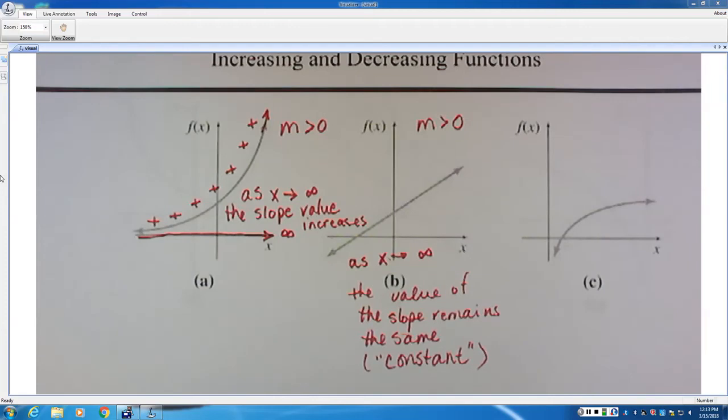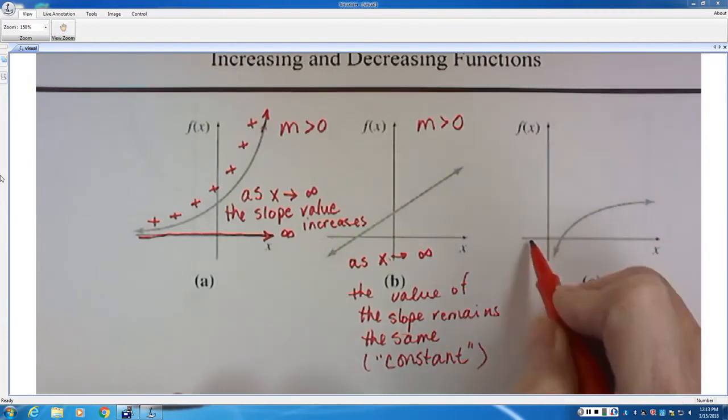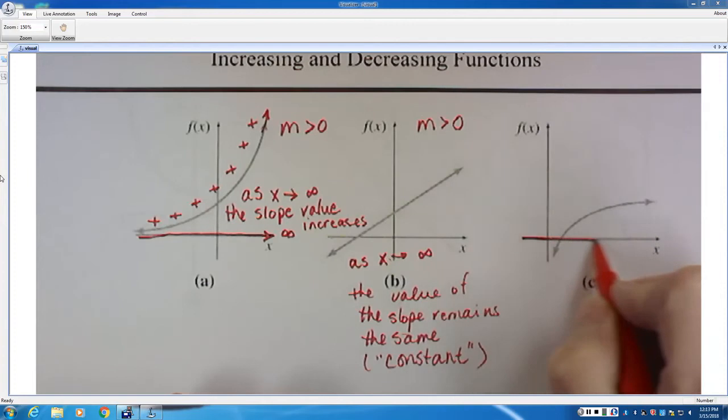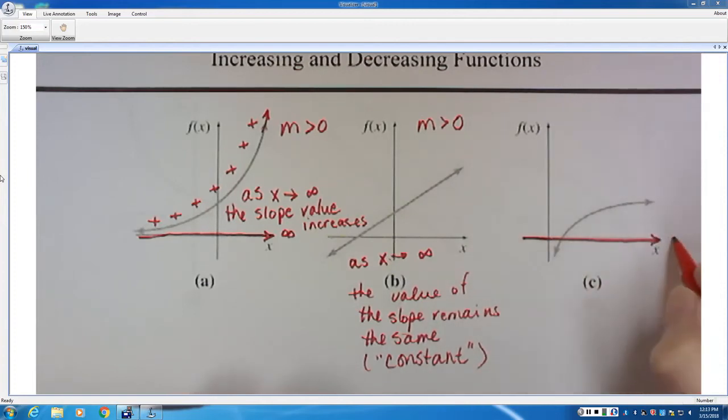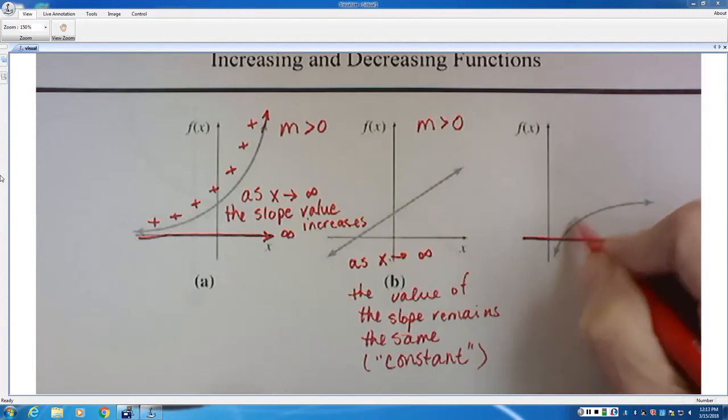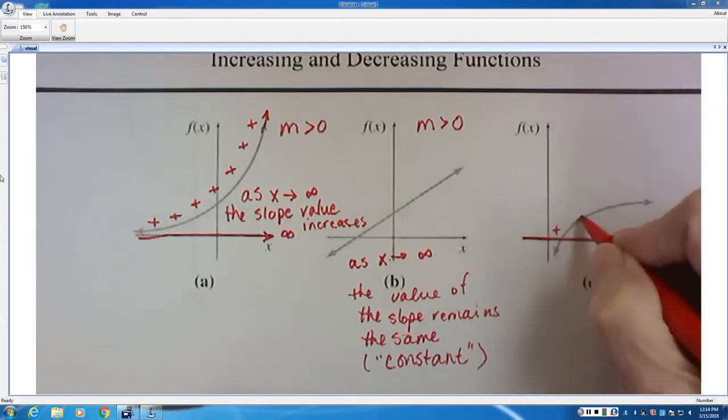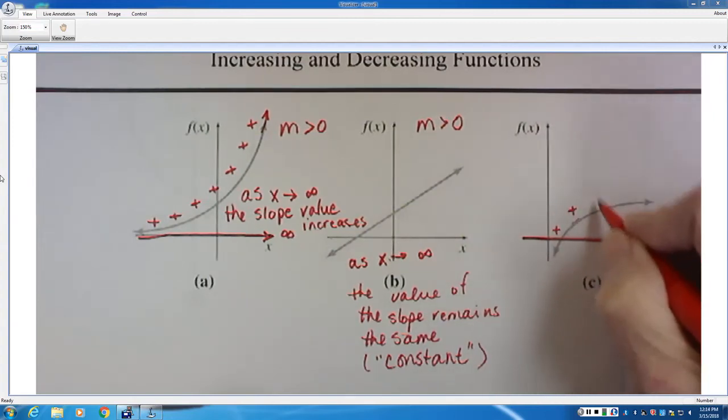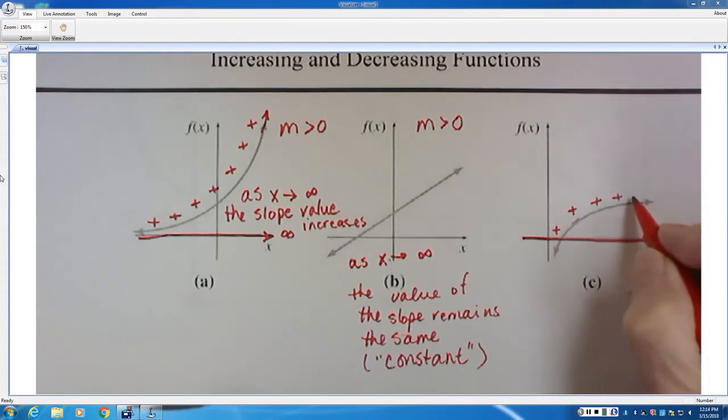Now on the third equation, that function is also increasing. The function is increasing because, again, as x approaches infinity, your slope here is going up, so that's positive, going up, so that's positive, going up, that's positive. Now, the slope actually continues to go up, it continues to be positive, but if you